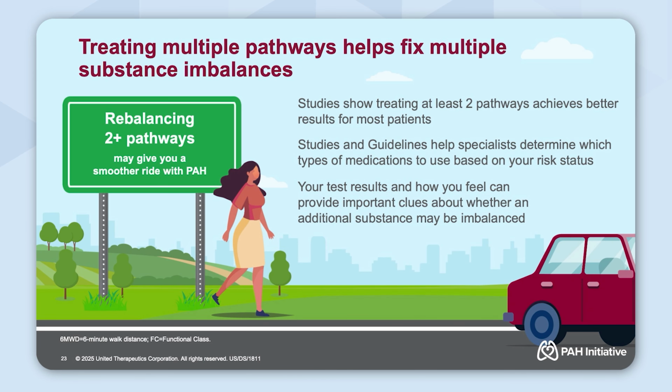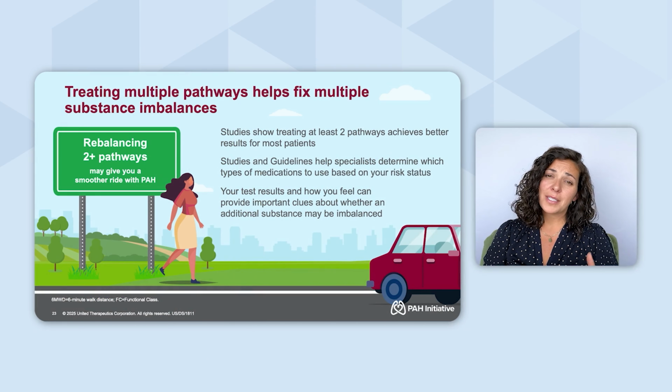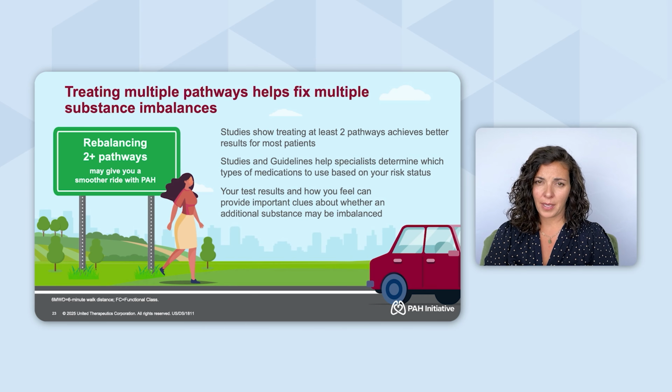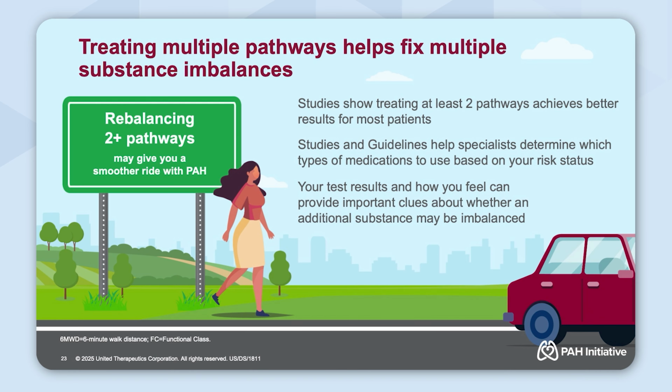Sometimes I like to think of this as roads. All the roads are leading to the same party. They're just taking a different way to get there. So we did studies and we said, what if we start patients living with PAH on just one of these therapies, targeting just one pathway? And we compare them to a group of patients where we target 2 of those pathways. And we found that patients who are being targeted on 2 pathways did better than patients who are only targeted on one pathway. And so these studies have helped inform the guidelines, which guide your specialists to determine which medications